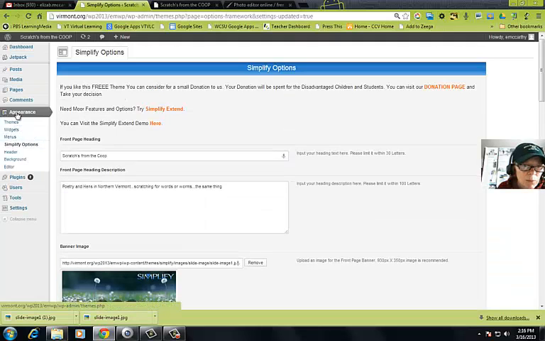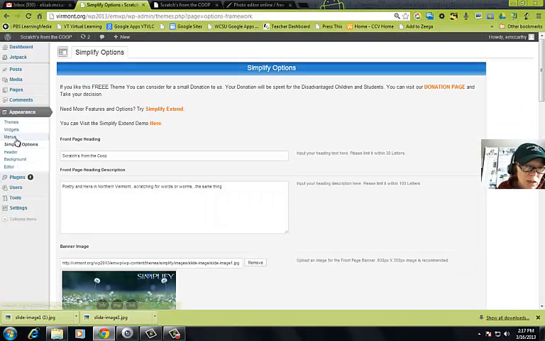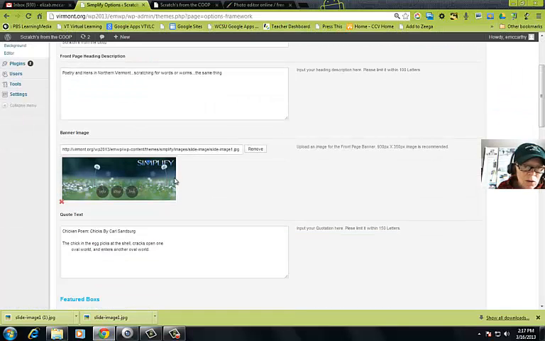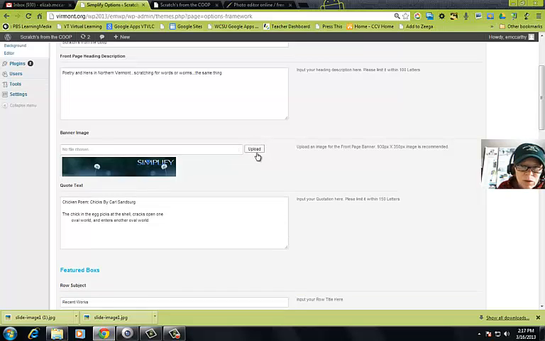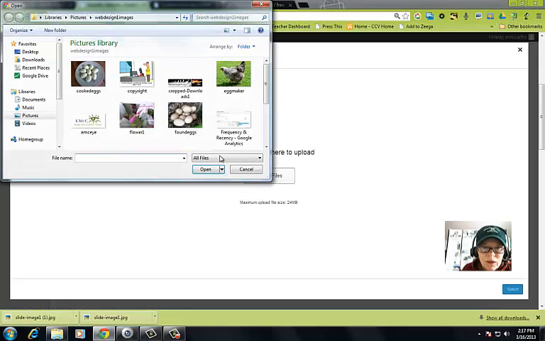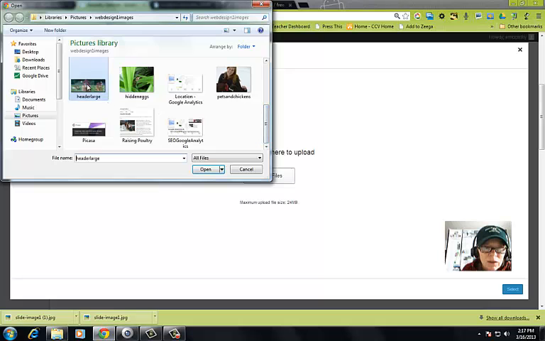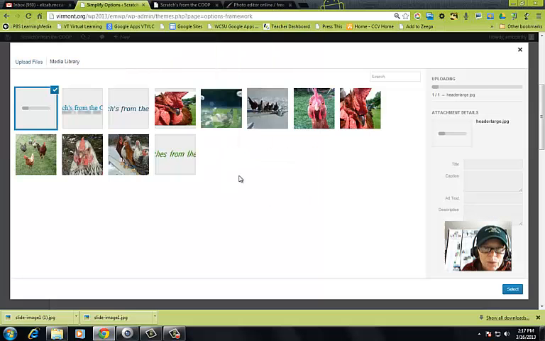But again, I'm on appearance. Here I'm in the simplify options, but your template might have something else. It might just say header, and I'm going to remove that, and I have to upload files, and hopefully I can find it. Here it is. And I hit open,